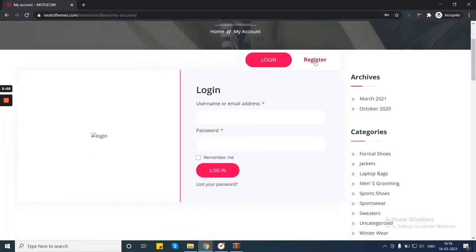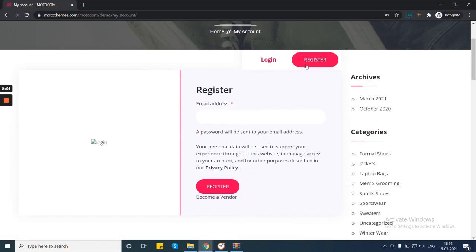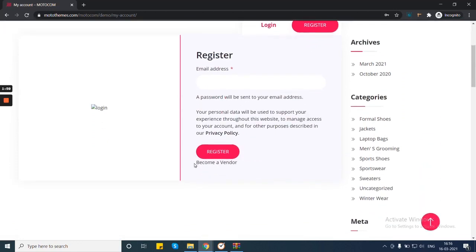Here you will get the registration page where you can choose to log in or register. As we want to show the registration for a vendor, we will click the tab Become a Vendor below the Registration tab.